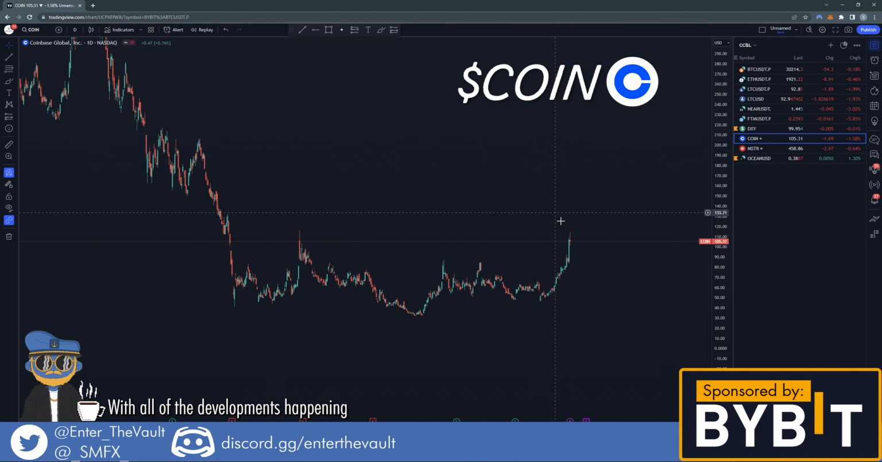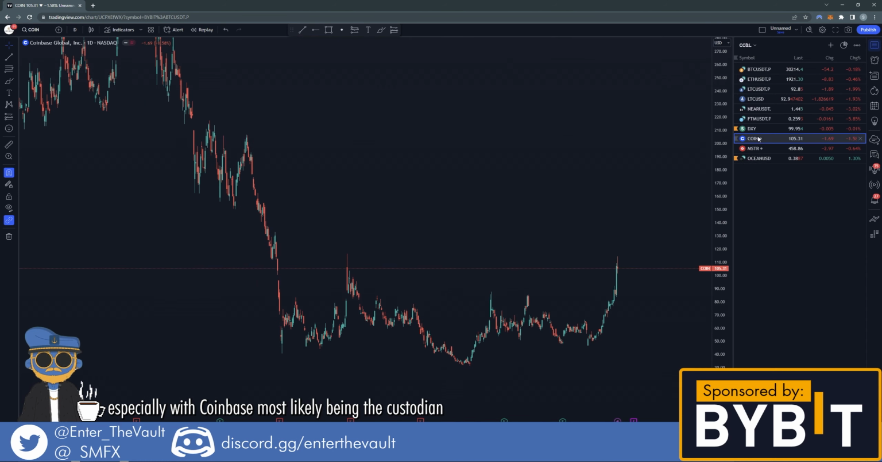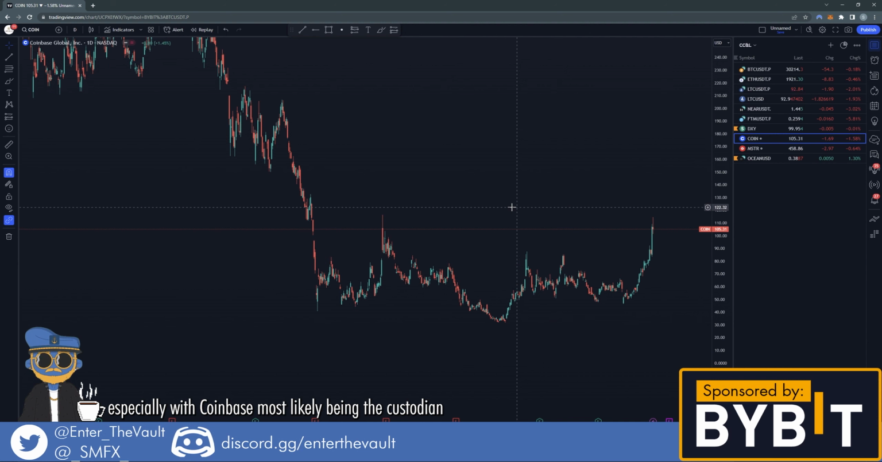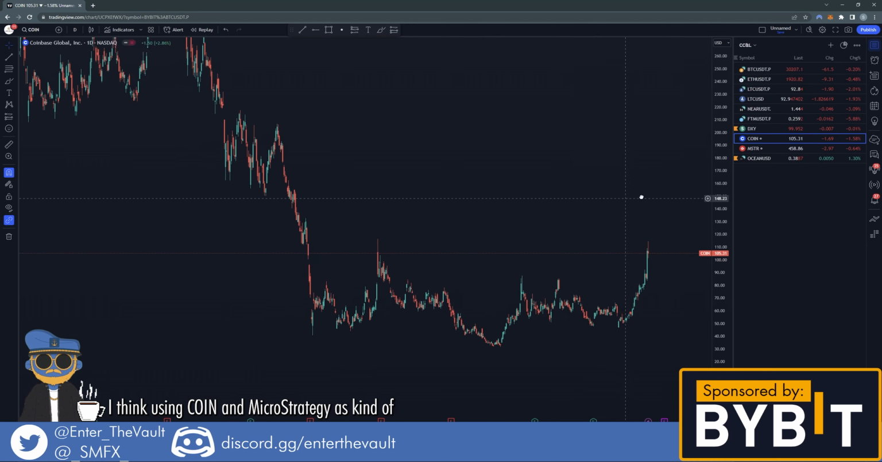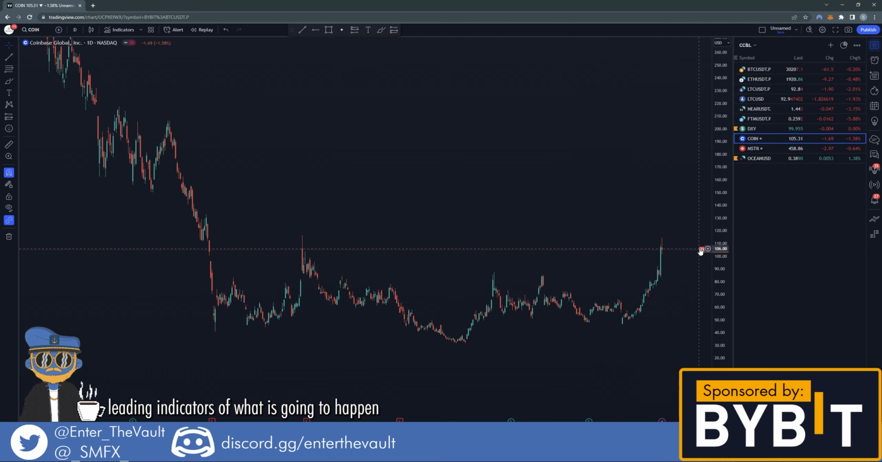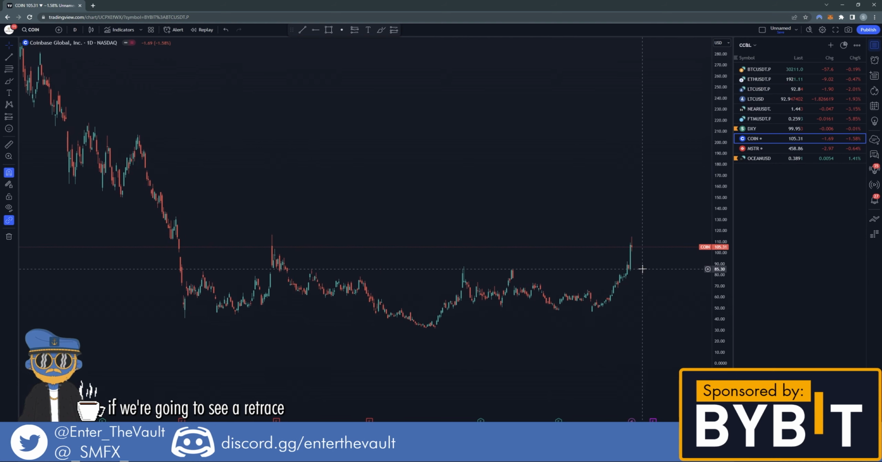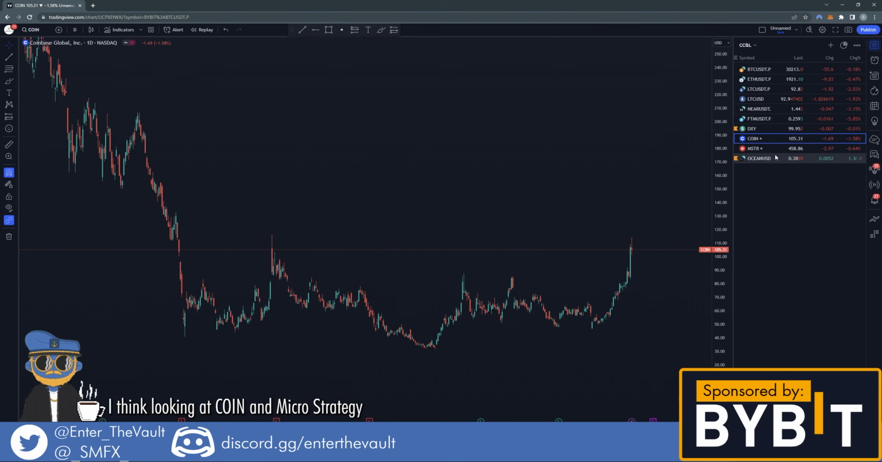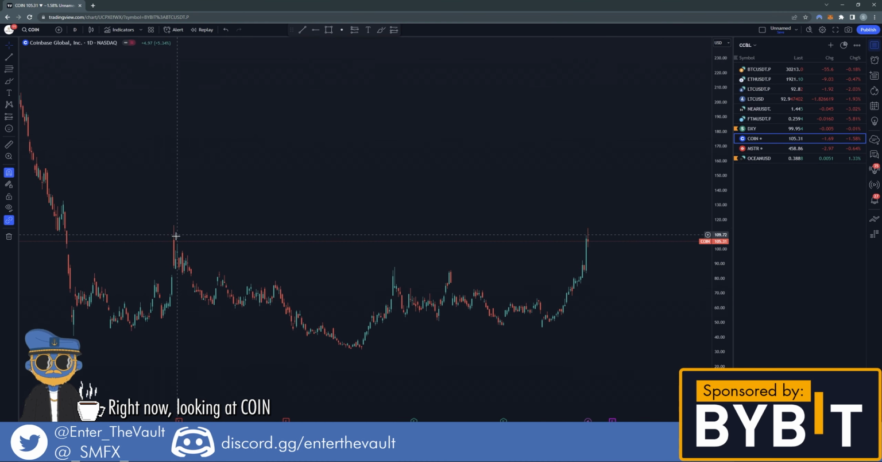With all of the developments happening with BlackRock and the new ETFs and everything like that, I think especially with Coinbase most likely being the custodian for the BlackRock ETF, if it does all get approved and everything does go through, I think using COIN and MicroStrategy as kind of leading indicators of what is going to happen, if the bull market is going to continue up, if we're going to see a retrace, once the retrace is over, if the bull leg is going to continue up, I think looking at COIN and MicroStrategy is kind of a smart play. So right now looking at COIN, we are leading into resistance here,